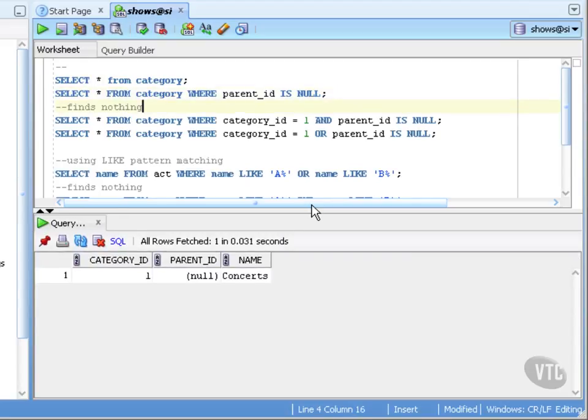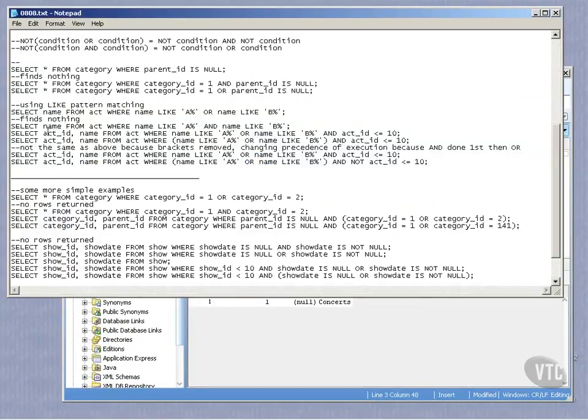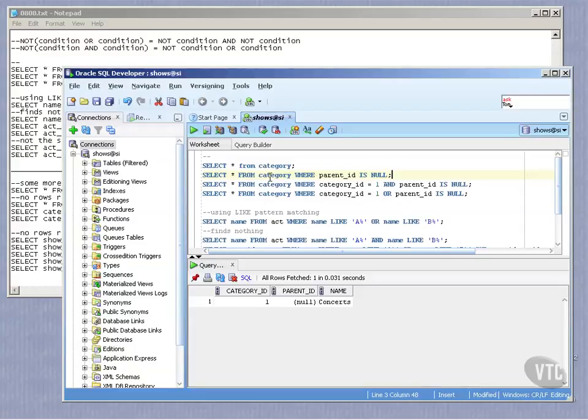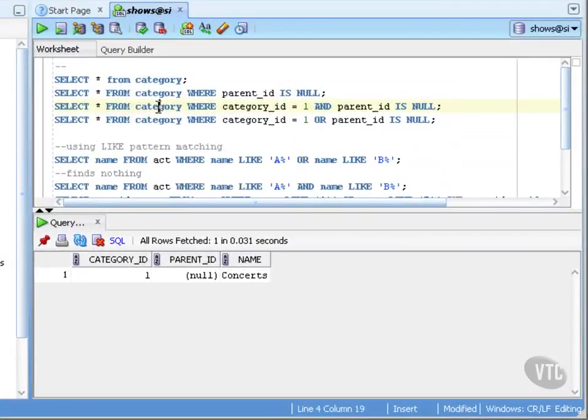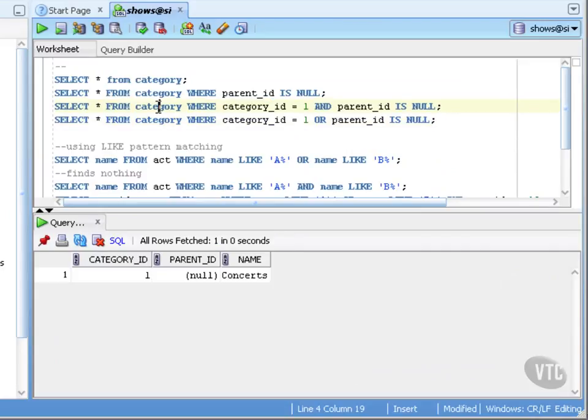This comment here says finds nothing. This is actually incorrect. Let's go back and fix the script. I think I might have had a slightly different example there. Save this. Go back to here. What this one does is finds the first record because its parent ID is null. If I was to change this query,